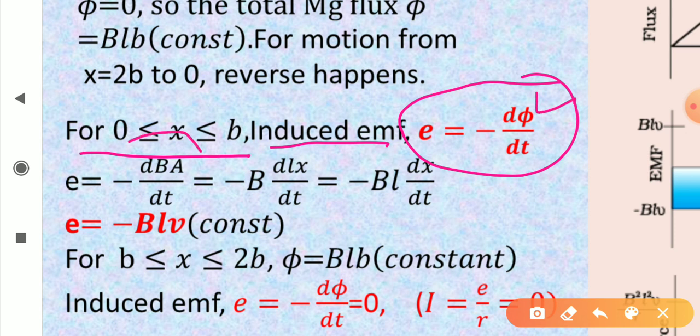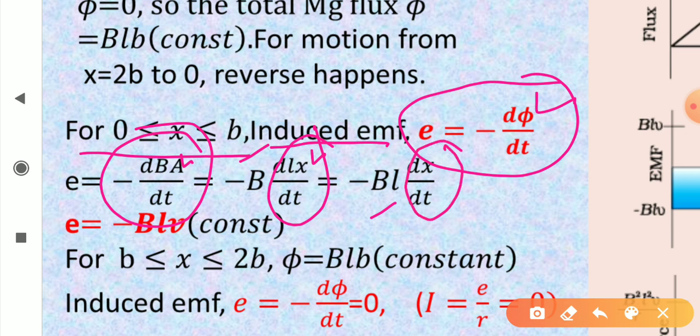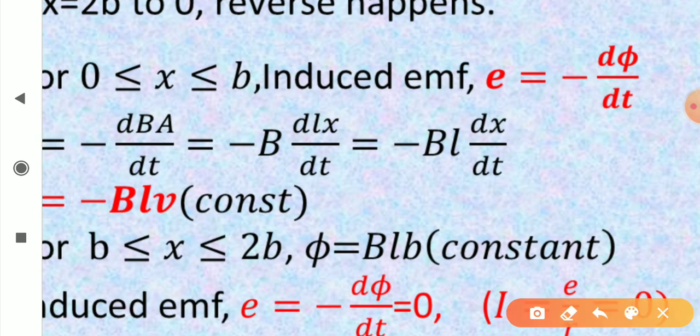So minus d by dt of BA, and the magnetic field is constant, so it is taken out. So d by dt of Lx, the area is length into breadth. L is also constant, so taken out, and dx by dt is the velocity of the conductor. So E is equal to minus BLV. You see, induced EMF is minus BLV, B is constant, L is constant, velocity is constant. So induced EMF is constant but negative, and